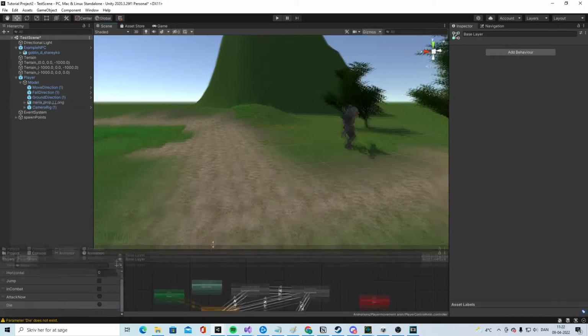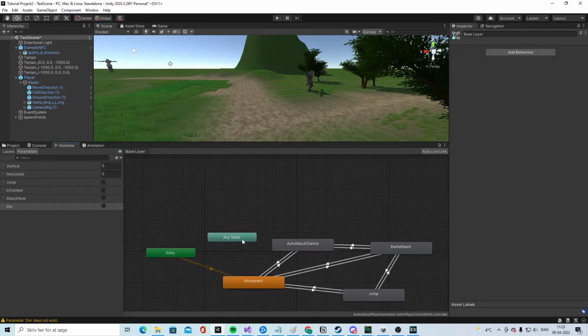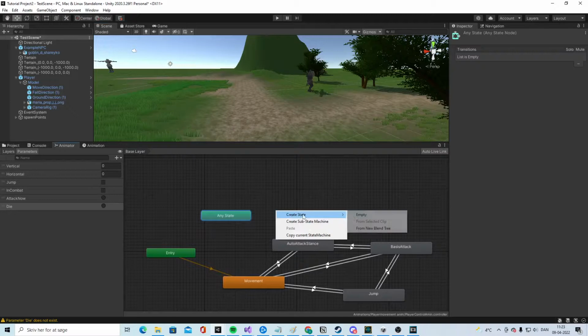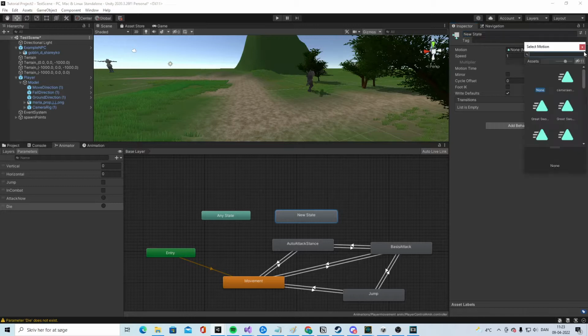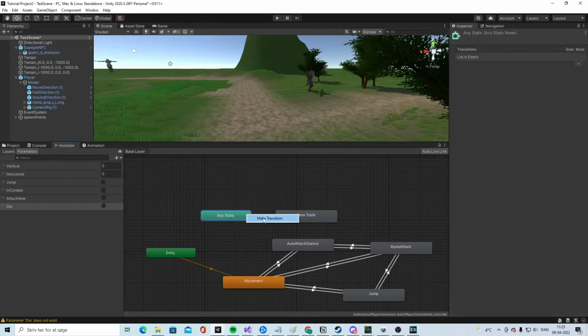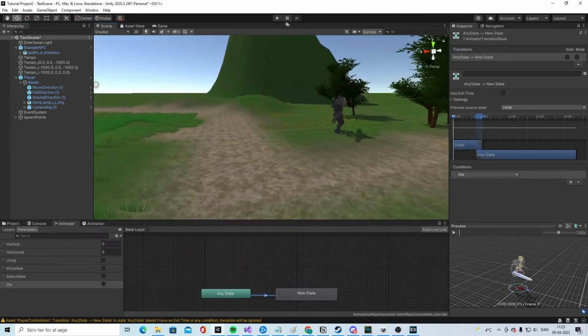We open up this, zoom in a bit so you guys can see, and take from any state to a new state and call it die, and we take the animation die and add a transition from here to here and say, well, this is gonna happen if we die. We make it small again. We go into the